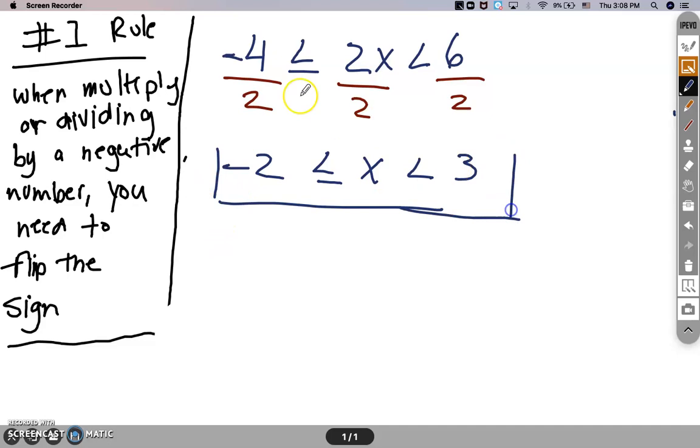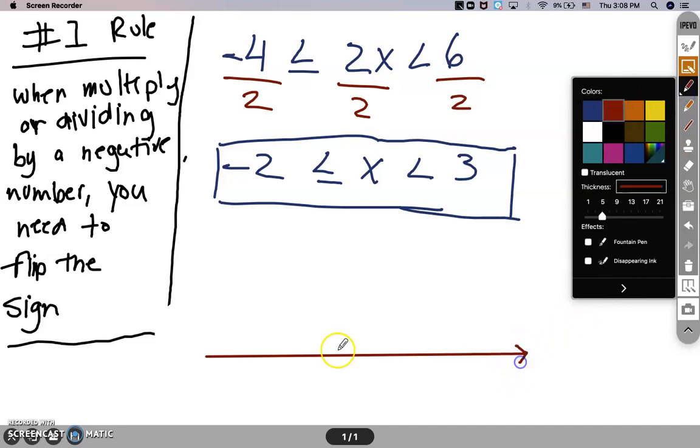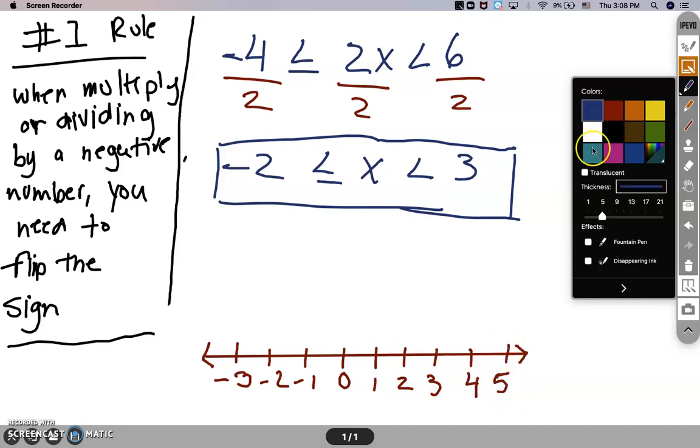And you might be thinking, well, this is going to be the final. And you might be thinking, how am I going to graph this? Well, again, let's bring out the number line. Put the arrowheads. Okay, so let's do -3, -2, -1, 0, 1, 2, 3, 4, 5. Okay, so first, now if I were to write this, I'm going to write this as 2